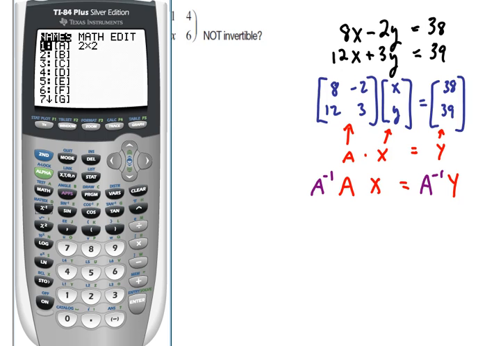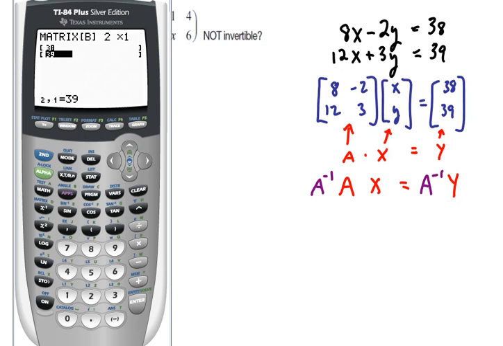Next, I don't need to create a variable matrix, but I do need to create the Y, and since there is no Y on the calculator, I'm just going to call that B for right now. Second, matrix, I go over to edit, down to B, enter. I want that to be 2 rows by 1 column, 2 by 1, and I want that to say 38 and 39. So now I basically have AX equals B, and I want to multiply